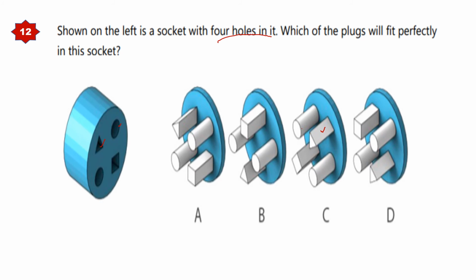Then there is a circle. Then there is like a prism, square prism like that. Then cylinder. Okay, so yeah, we have to just combine those things, right? So yeah, this will be perfectly fitted into it. If you just, we have to consider